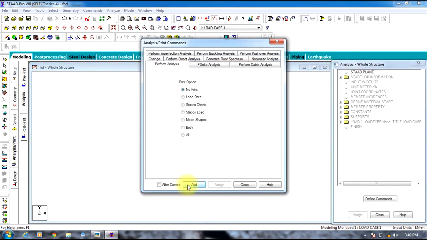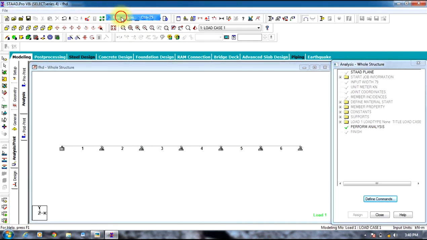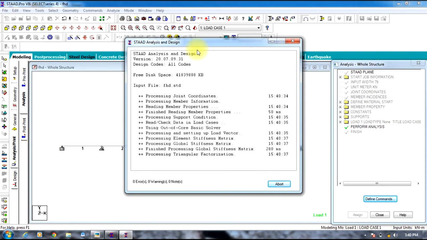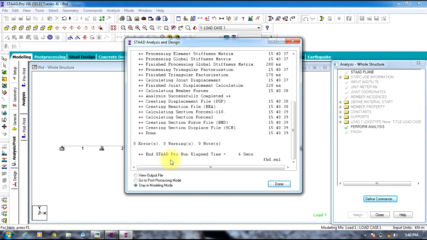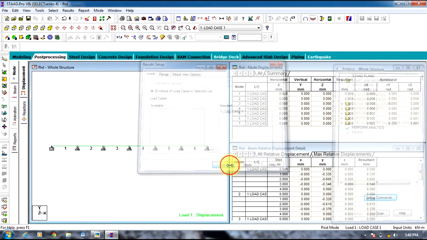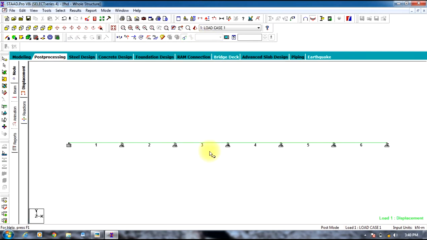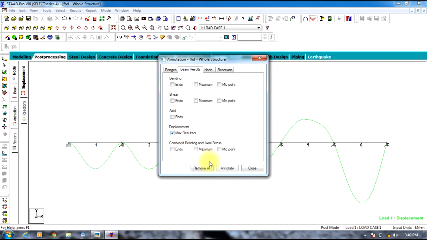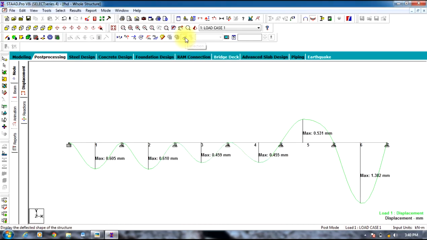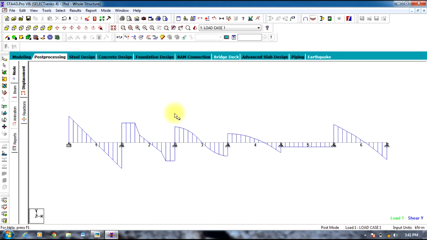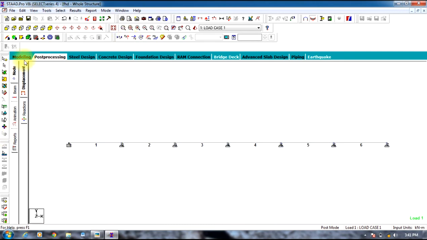So analyze and print, add, close, analyze in menu bar, run analysis, save. After analyzing is done, press done, go to post processing mode. Okay, you can view the deflection, and also obtain the values from result, view value, beam results, maximum resultant, annotate, close. You can switch off the deflection, go to bending moment, obtain the values, shear force, obtain the values, go to modeling mode,